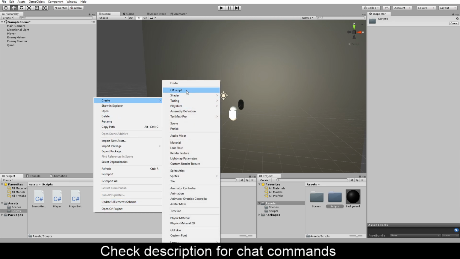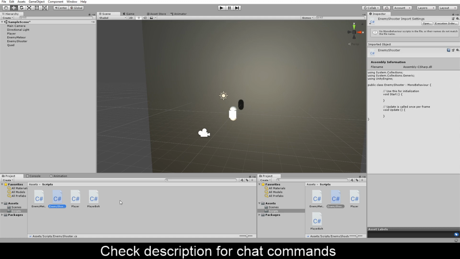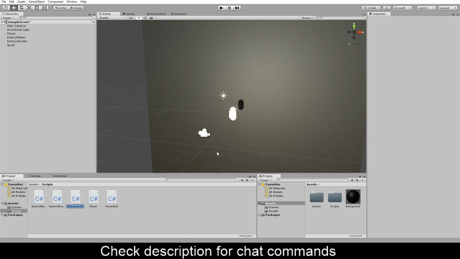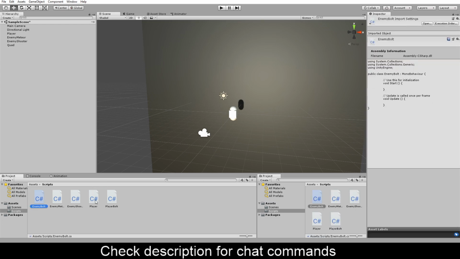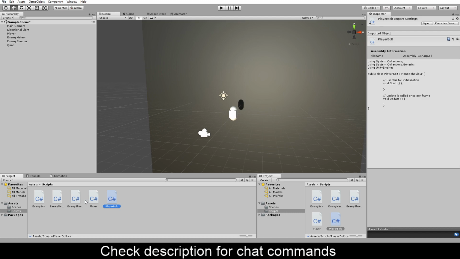Okay. Create a new C# script, also an enemy shooter, and also enemy bolt. So we need a script for each one of the enemy entities, because every single one will have a different effect, basically. Okay, and so we have all these three scripts,